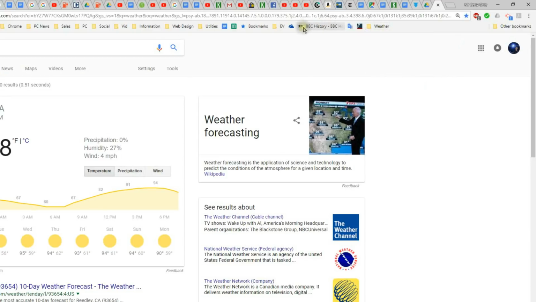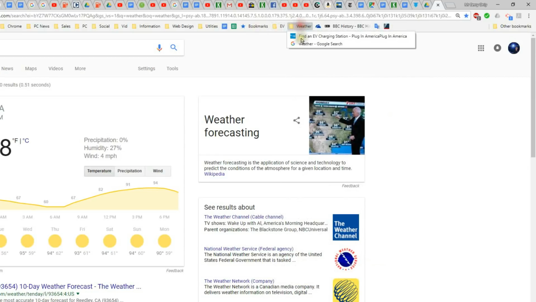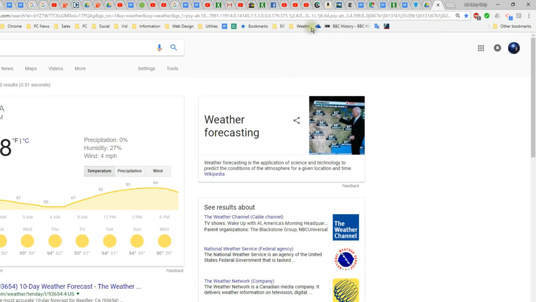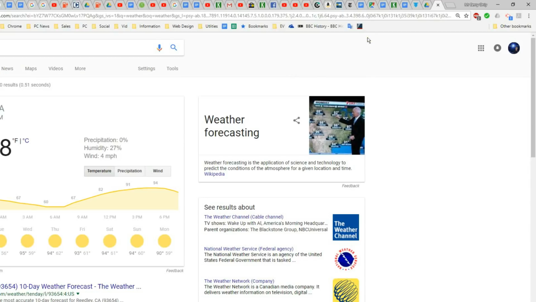Another thing that you can do with bookmarks is you can move things around too. So if I wanted this weather to be over here next to EVs, I can do that. In fact, if I wanted something in here in EVs, I can actually drag one of those and then put it in my weather, just like that. See? Just drag and drop it. And that's done by pressing and holding the left mouse button and then moving my mouse pointer to where I want it to be. So I'll just put it back there. Now if I want to delete any of these again, it's just a right click and then say delete, and then it'll take out that folder for me.